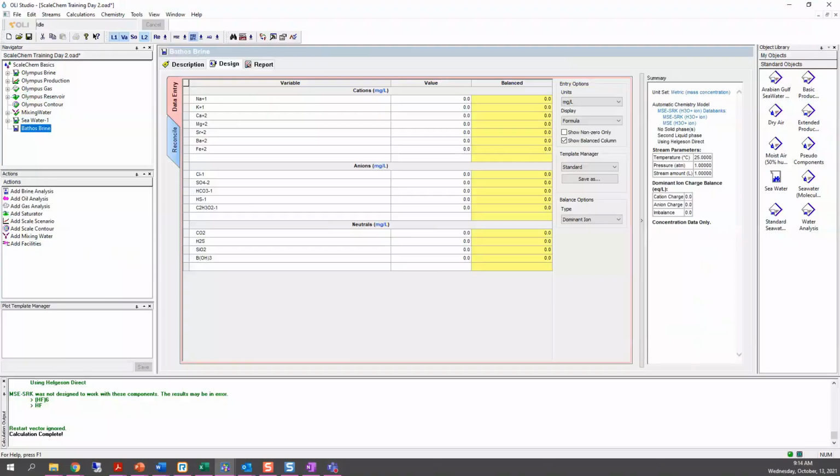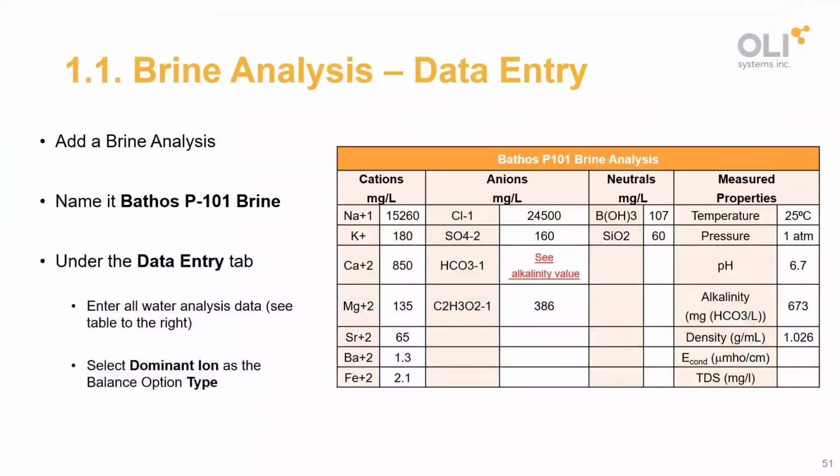If I bring the presentation in here, in this table you can see the information that has been given to me: the cations, the anions, the neutrals, and some of the measured properties.